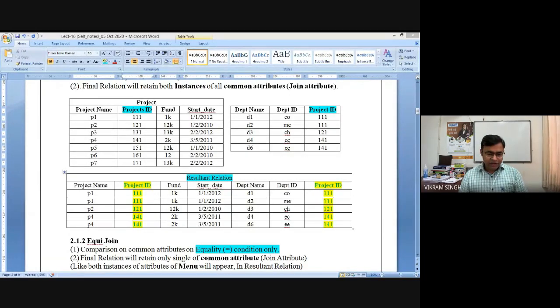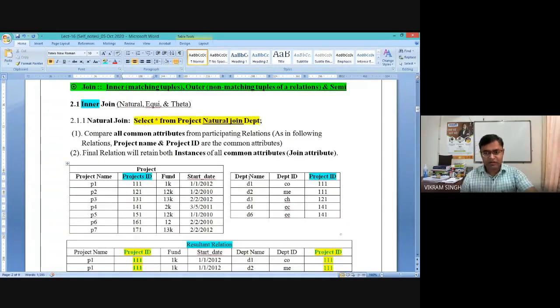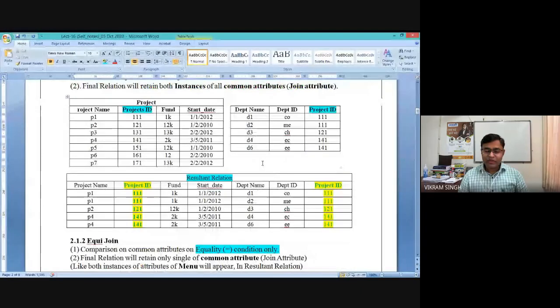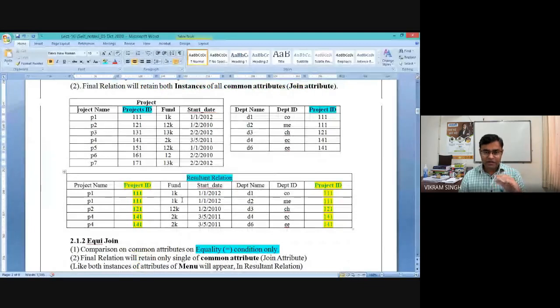Naturally, if we are not having any particular column which is of same nature, the resulting relation will have a Cartesian combination. भले ही आप इसमें नेचुरल जॉइन मेंशन कर दें, लेकिन अगर कोई भी एट्रीब्यूट कॉमन नहीं है तो it will create a Cartesian product, right? It is very obvious, right? That is one thing, that whenever we use natural join, it will create this kind of relation which will be based on the matching of attributes, right?